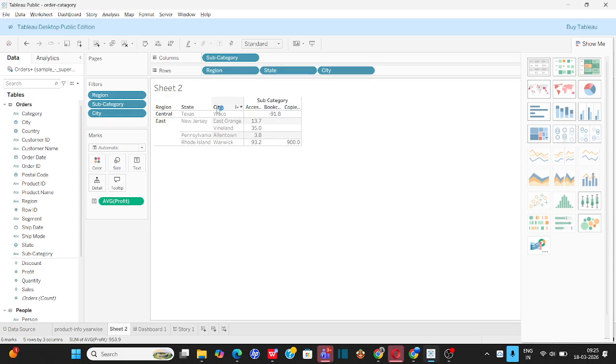So you are trying to identify some average profit regarding this subcategory according to region, state, and city. So here you can change this name to category wise